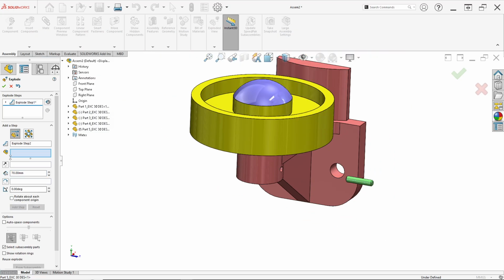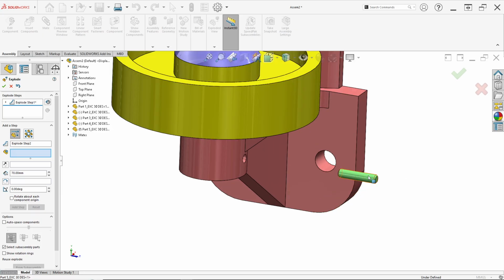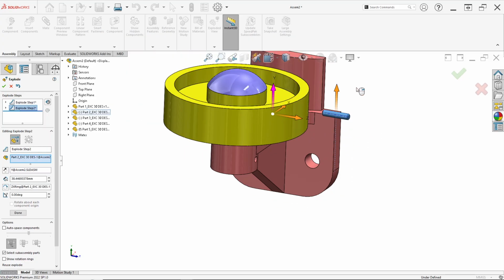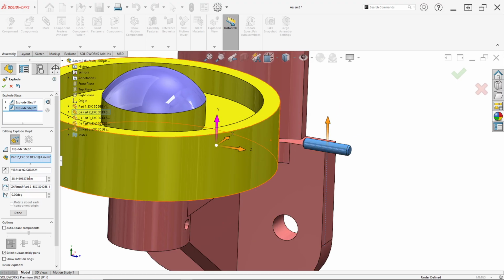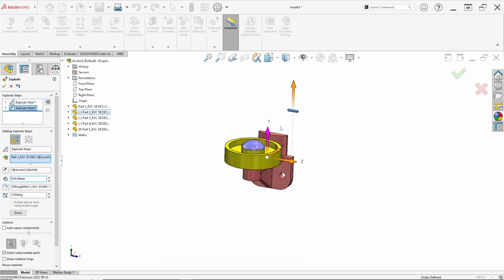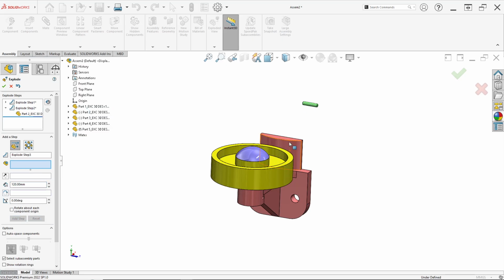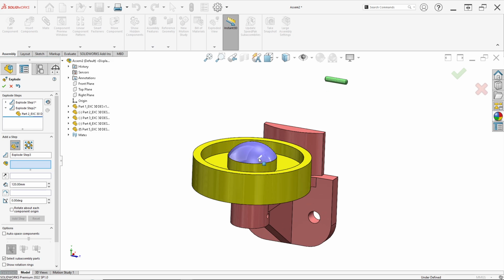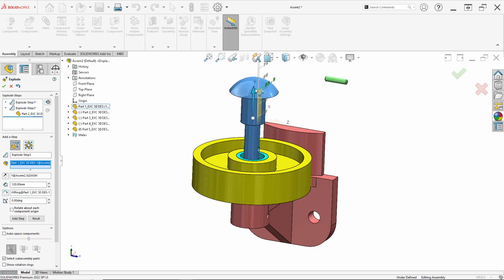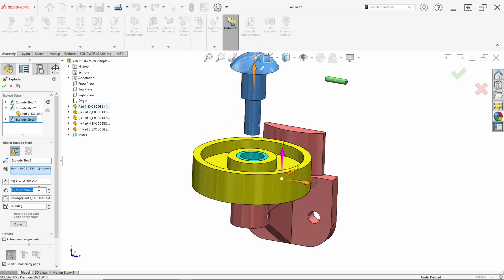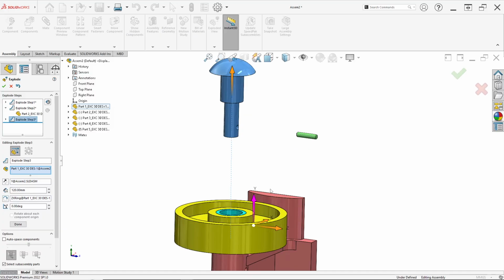Just click done, and for a new step we can select again this part. So we can adjust for Y direction. For distance, for example, in here I set in 120. Click done, and now we can do another step 3. In here just select this part or part 1, direction is Y direction, for distance in 120 for example.